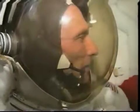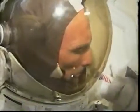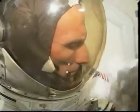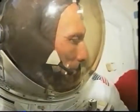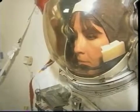You see Dom suiting up. Dom's a Navy test pilot, captain selectee, and as I said, he's on his second mission. There's Gerhardt, our backup spacewalker. We didn't have to do one, but we were prepared to do one for normal orbiter problems or any payload problems. And Janet in her spacewalking suit, or EVA suit. Again, through some of our training, she was